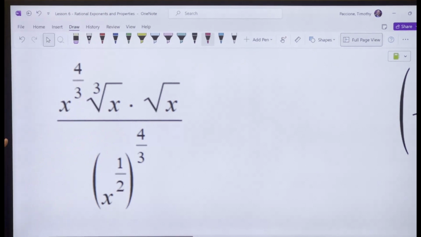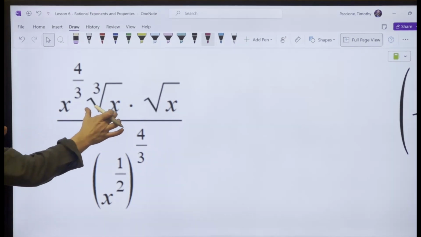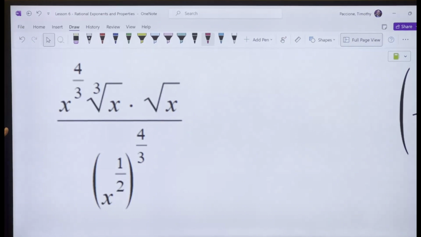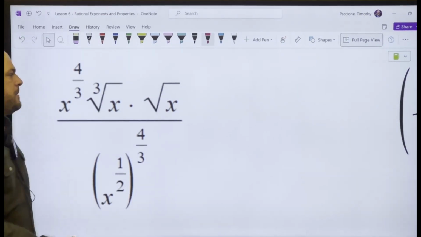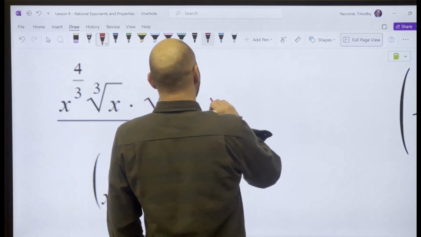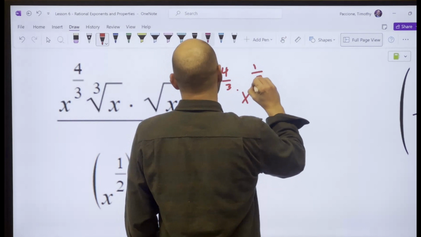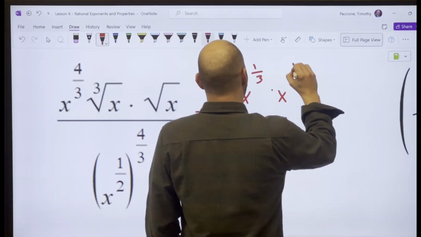I don't know how to deal with radicals like this yet. So what can I do? What do I know I could change that to? The cube root of x can be restated as x to the 1/3, right? So I end up with x to the 4/3 times x to the 1/3 times x to the 1/2